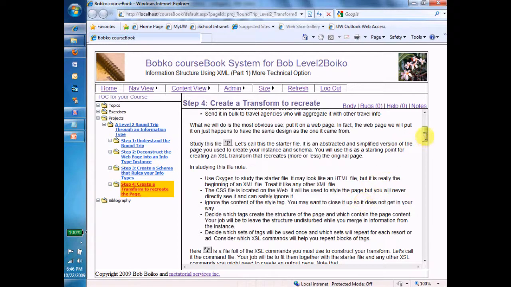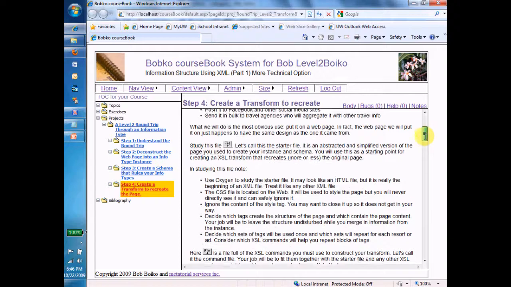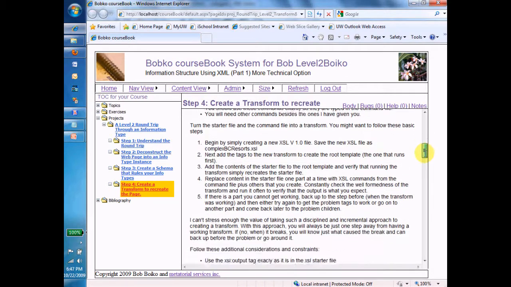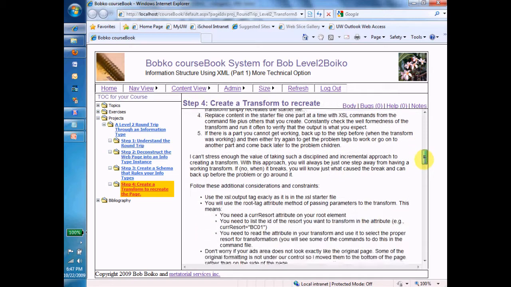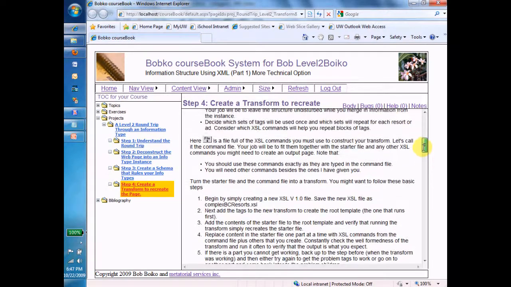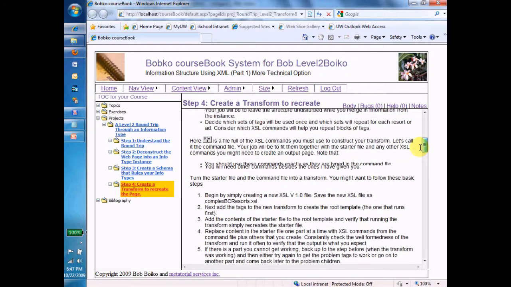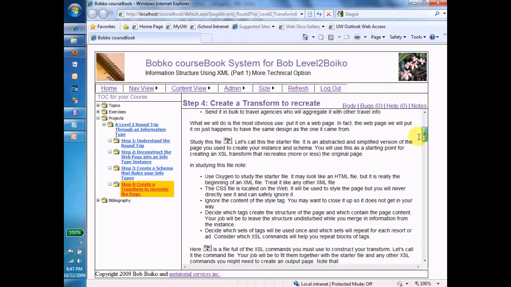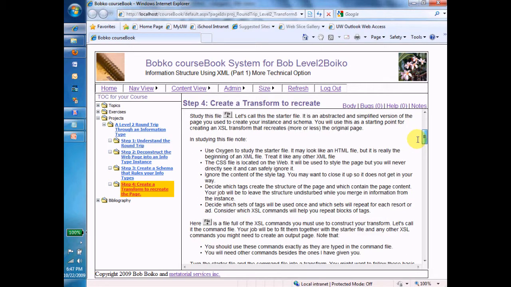But what I really want to begin with is encouraging you to read this very carefully, because everything that's in here is something that I've learned from working with students in the past, is something that you need to think about and need to pay attention to. So I'll run through some of this, but I want to make sure that you realize that it's not just fodder. It's really useful, directly useful stuff to read. Okay, so